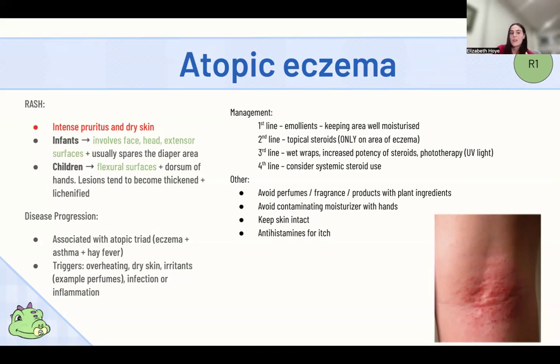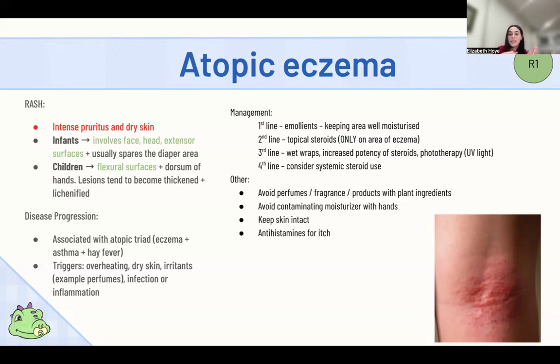So remember to talk about the triggers. That's one stage of the management, is avoiding things that trigger people's eczema. So that can be perfumes, detergents, fragrance. But pharmacological management, I guess the first one is emollients. So just making sure you're moisturizing the area. Second line is any topical steroids, making sure just to put it on the patch of eczema and not any